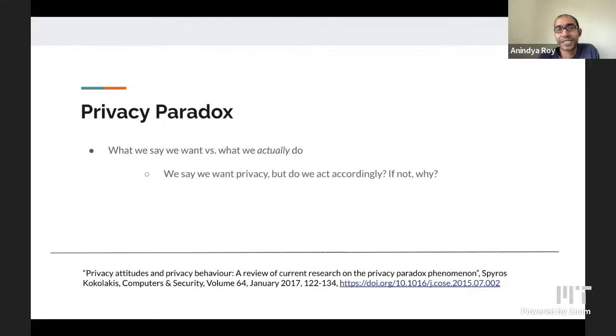Right. Giving data away is very convenient. We want to live a life where we have access to these products, and if we don't give our data, then we don't get to use many of these services. That brings up some interesting questions about laws like the California Consumer Privacy Act, CCPA.